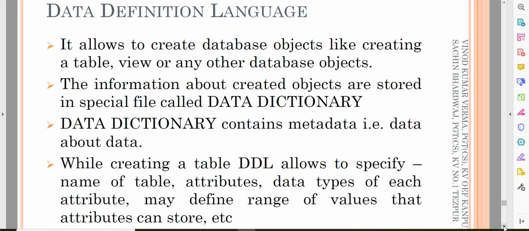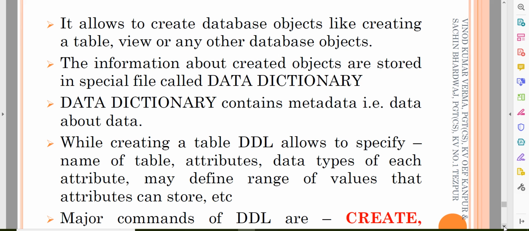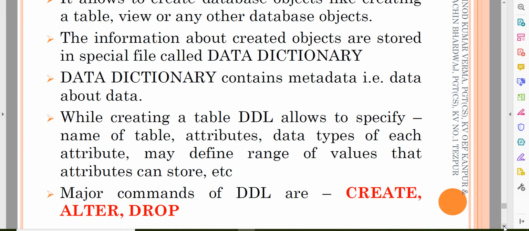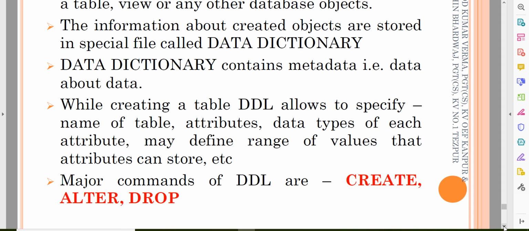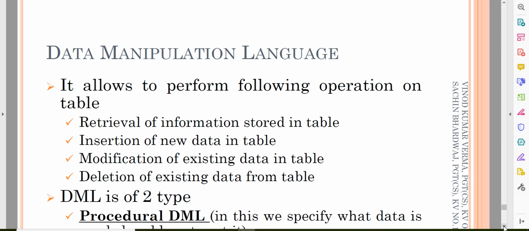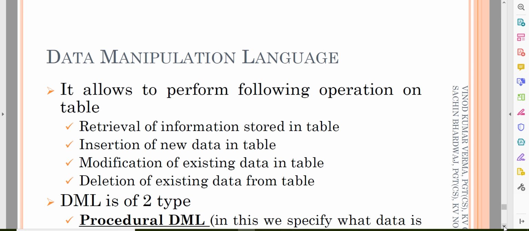You can see here, it allows you to create database objects, creation of a table, view of the table, and then the data dictionary, information about created objects stored in a file called the data dictionary. A data dictionary contains metadata. While creating a table, DDL commands are used.